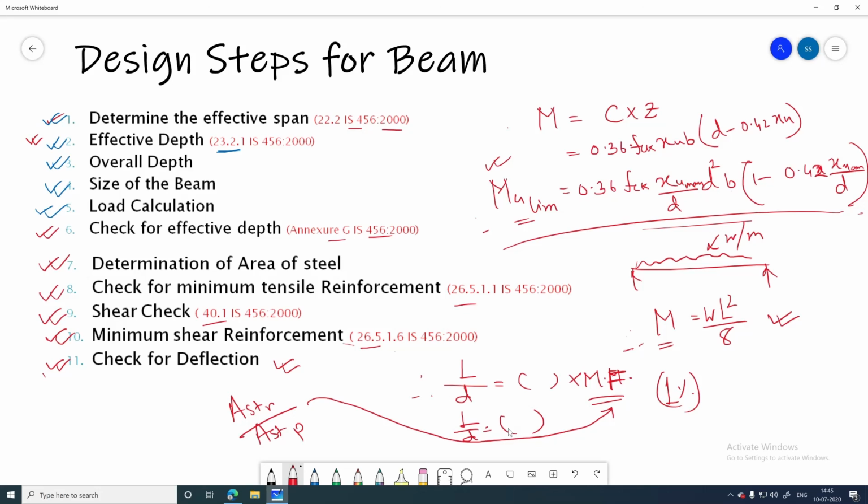Okay, so we actually get some value of L by d, and after that we will determine the L by d depending on the size or the dimension of the beam, because we have determined the capital D as well as the small d, and we also know the effective length. So depending on that we will get another value. So we will compare these two values and then we will check whether it is a stable structure or not. Okay, so in this way we can design an RC beam in limit state design. Okay, so definitely I will start a problem to solve to make it very clear to all of you. Okay.